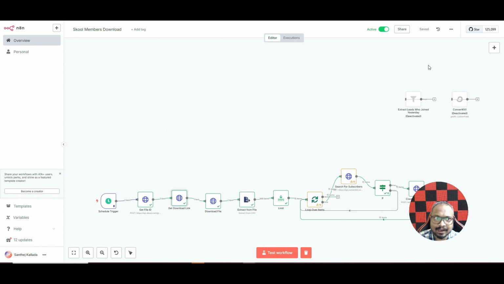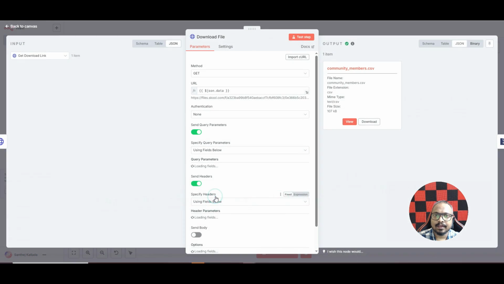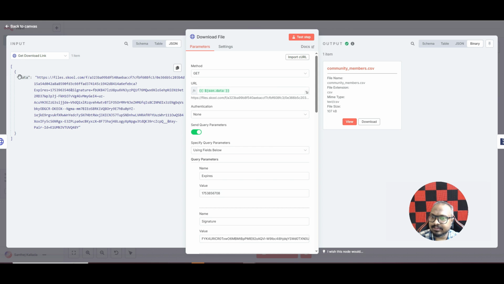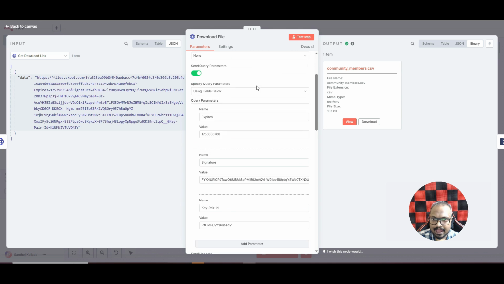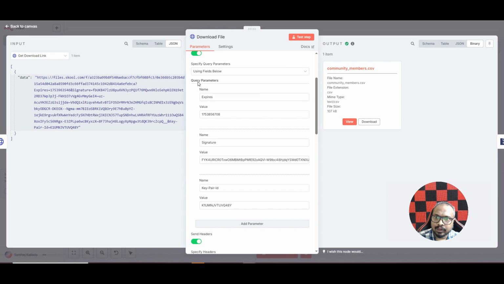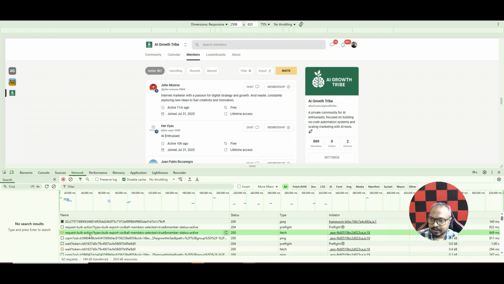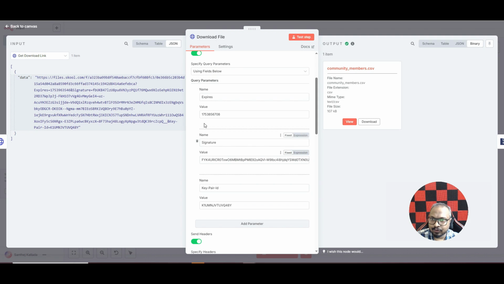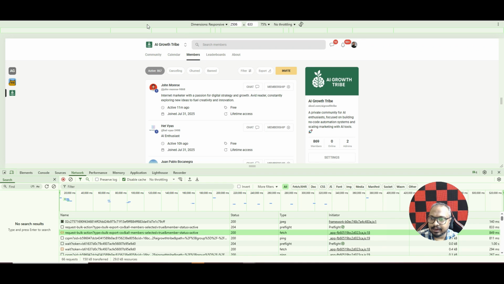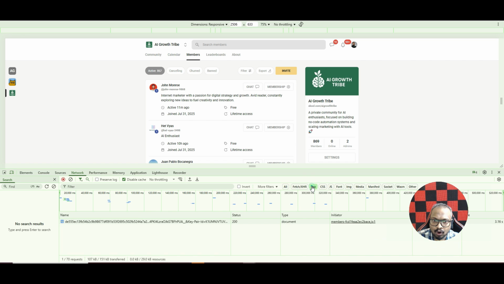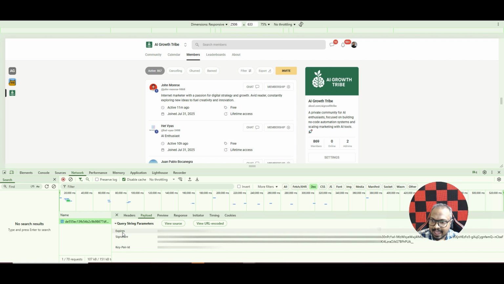Next, you need to download that file. Again, add an HTTP node, and in the HTTP node, just drag and drop this data here. Here you need to get all these parameters, that is the expires, signature, and key pair ID. You have a lot of network requests here, right? We need to get all these values shown here. For that, in the network requests, just select this option called doc, document. Then you will see something here. Just select that, and there you can see